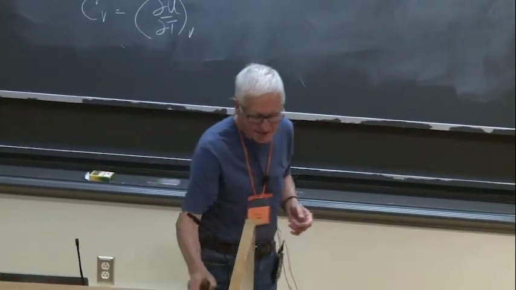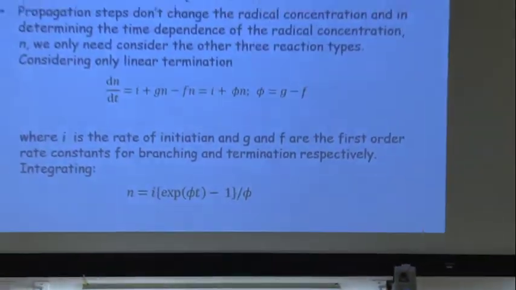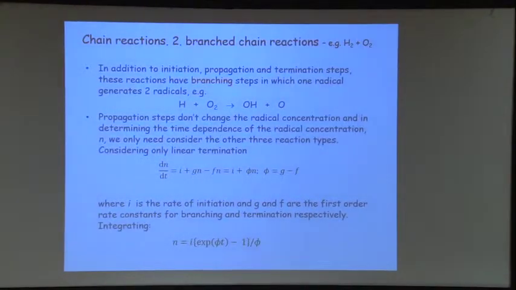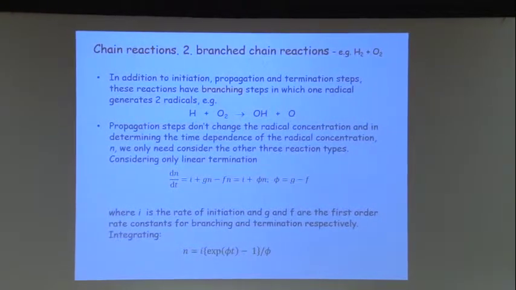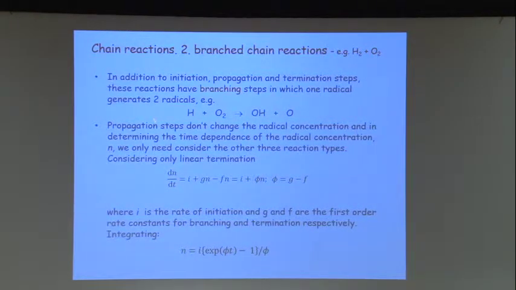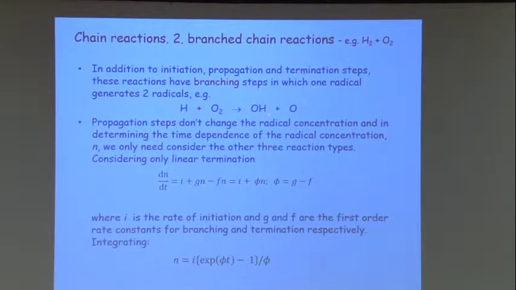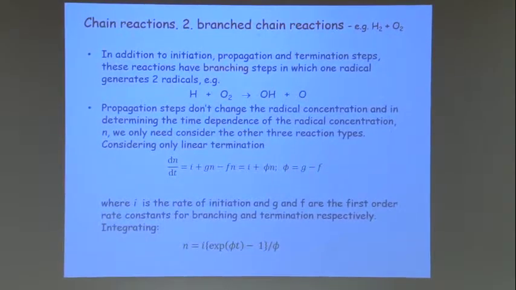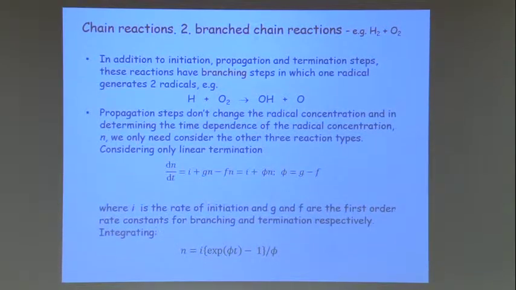So what we said was that if we go to branched chain reactions, then in addition, we talked about linear chain reactions like the hydrogen-bromine reaction, where we said we have initiation, propagation, and termination. In the case of branched chain reactions, in addition, we have branching steps, where one radical produces 2. One chain carrier produces 2 chain carriers. And it's a fairly complicated problem,